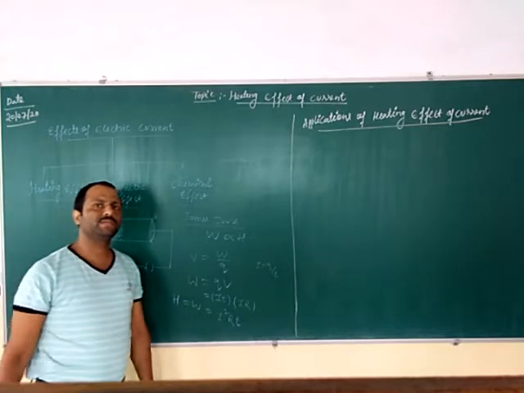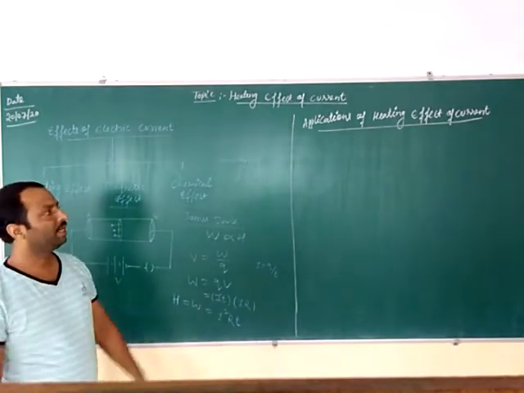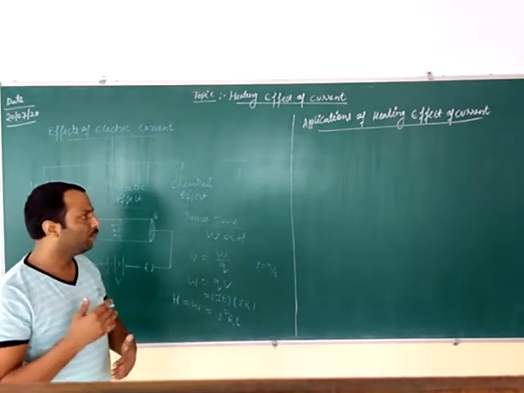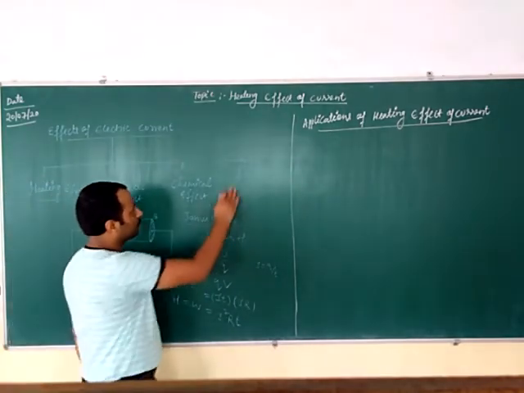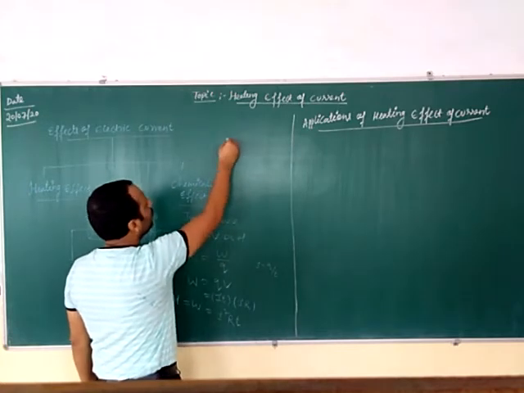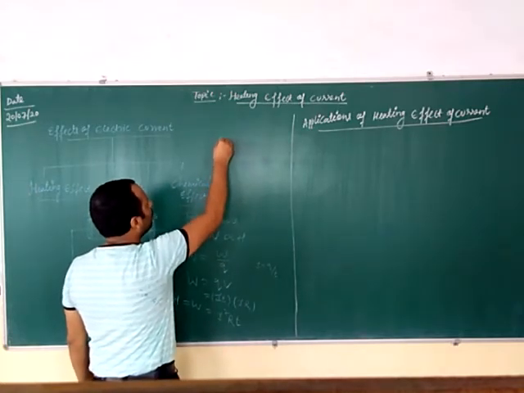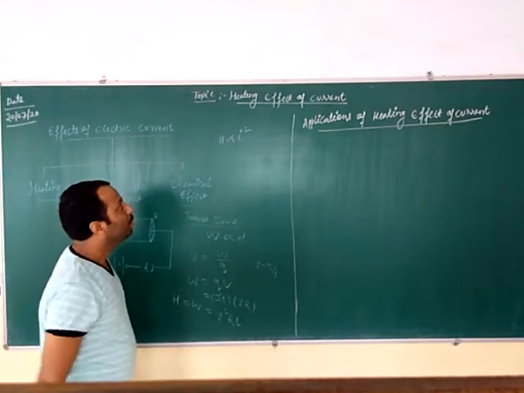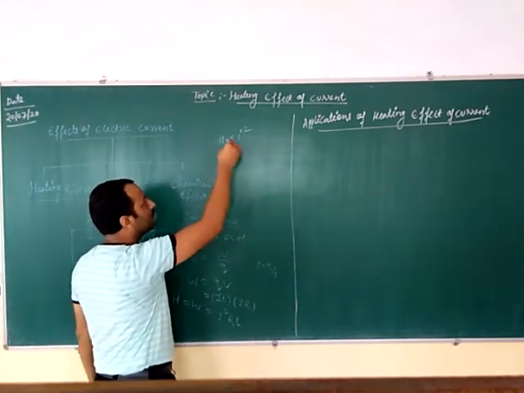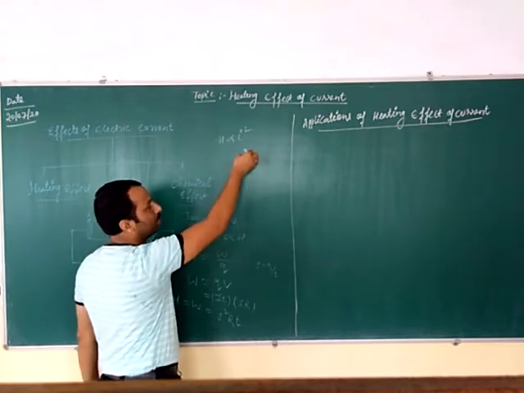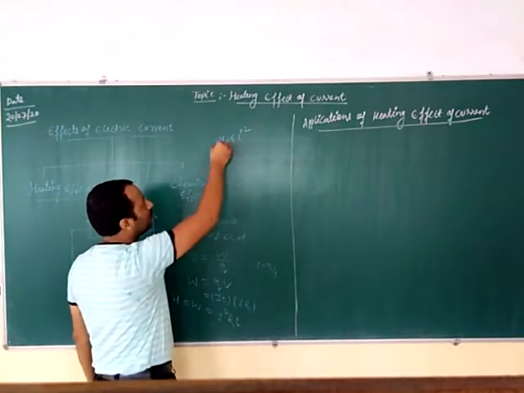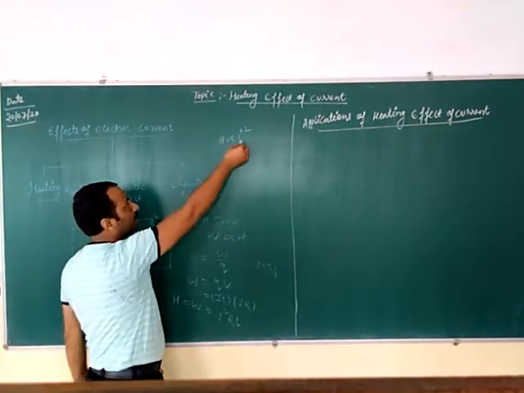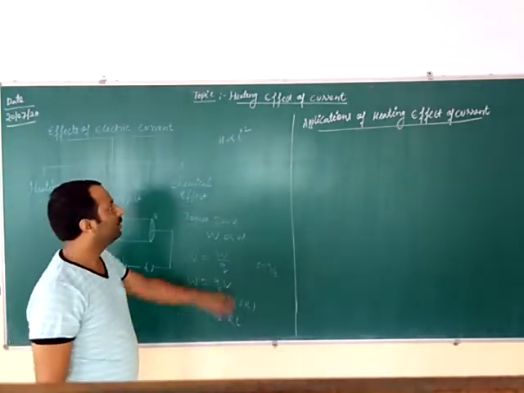Whenever in the board exam there comes a question that what is Joule's heating effect of the current, in what way will you write? You will write that according to Joule's law, the amount of heat produced is directly proportional to I square. More is the current, more is the heat produced. Suppose if current is doubled, then heating effect will be 4 times. And if the current is reduced to half, then what will happen?